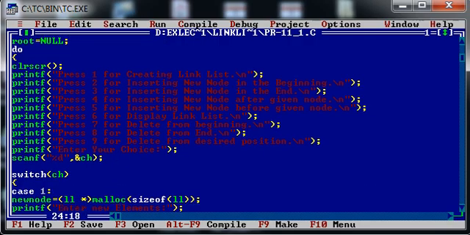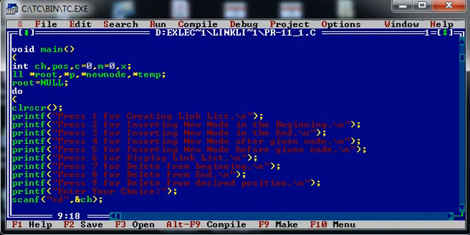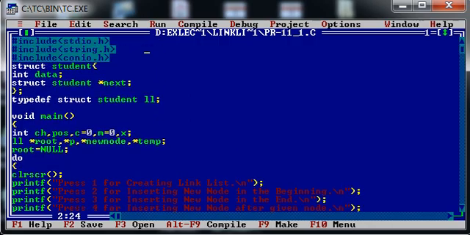Before starting case number 7, 8 and 9, I would like to tell a few things that are included in our previous program. That is, I have taken one more variable x and one temporary variable of type struct student.